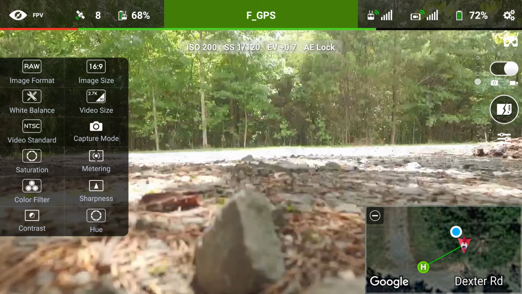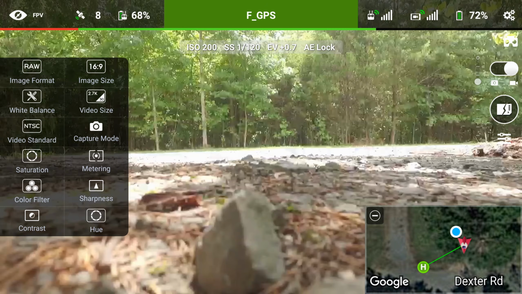So one thing that threw me off when I was first starting to use Litchi was manual camera control. If you guys remember in DJI Go, that was an actual slider that you flipped on the app itself. Litchi does not seem to have any such slider, and it kind of threw me off. I wasn't sure exactly how to manage it, but actually it is very easy and just kind of went over